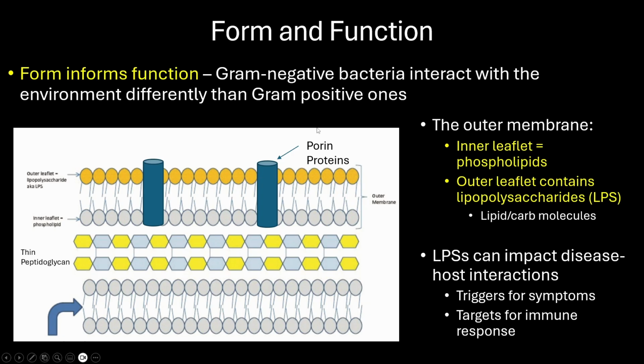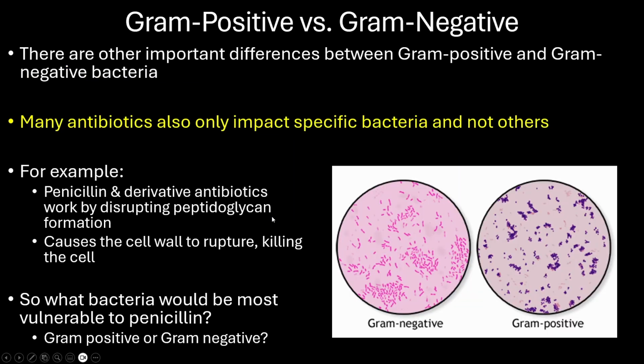We also have porin proteins that act as pores, right? Essentially, these are pathways that materials can pass through this otherwise difficult to traverse outer membrane, okay? And so these are very important structures that we only see in gram-negatives. These gram-negatives, okay, there's also another important quality that differentiates them from gram-positives, and that is their resistance to specific